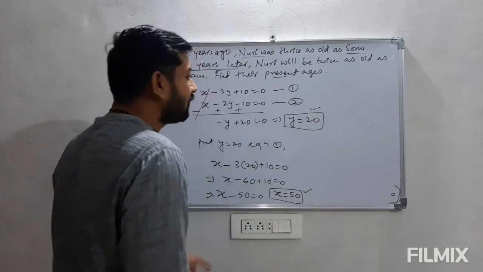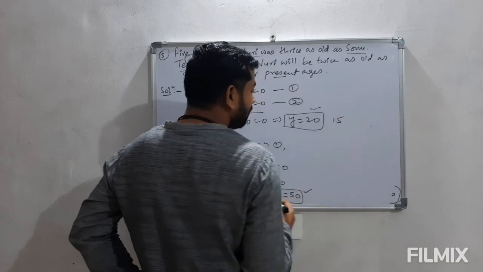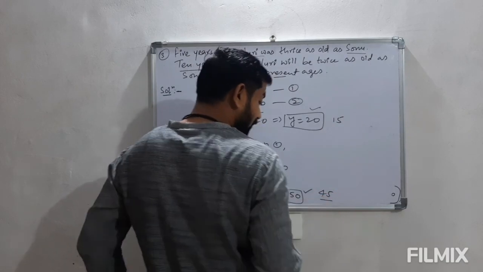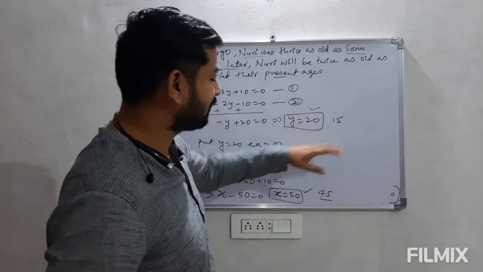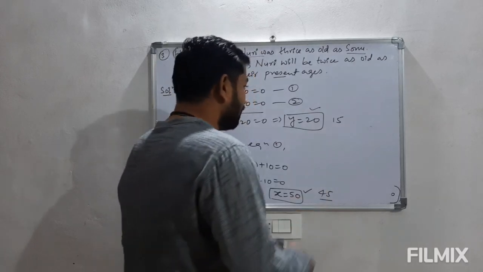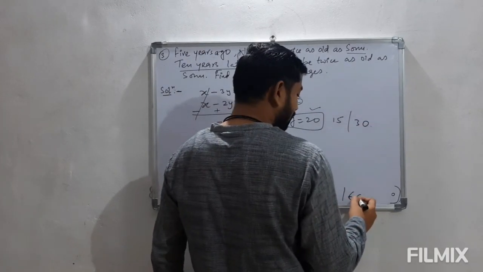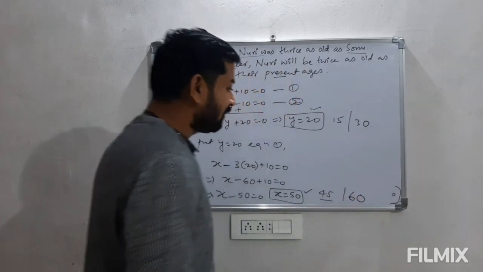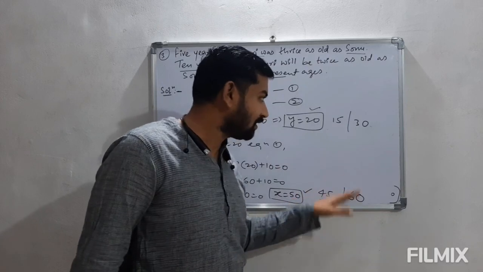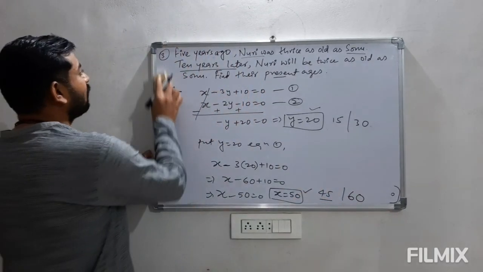If we want to check the answer, let me check. 5 years ago her age will be 15 and his age was 45. 5 साल पहले इनकी एज 15 रही होगी, इनकी 45. Clearly it is thrice. 10 years later it will become 30 and this would become 60 here. 10 साल बाद ये 20 से 30 हो जाएंगी, ये 50 से 60 हो जाएंगी, तो ये इसका डबल है. So this is how we solve these kind of